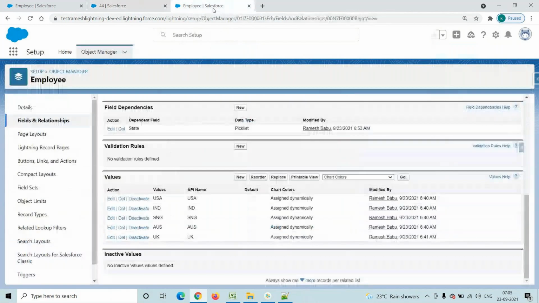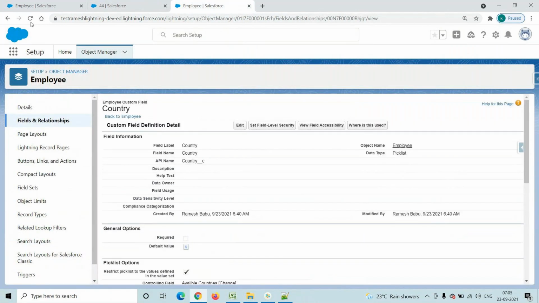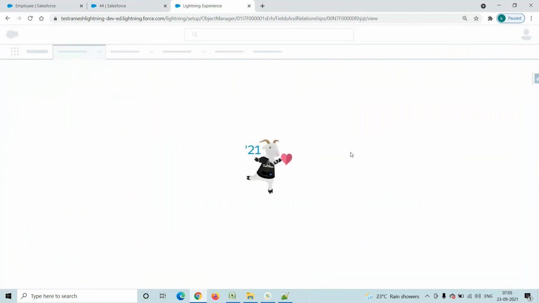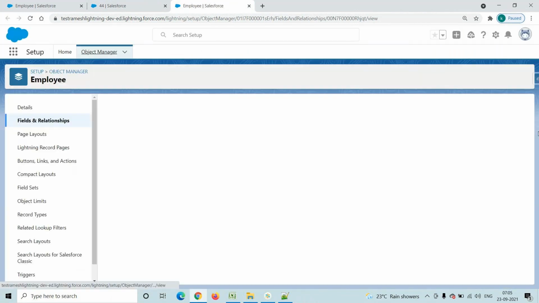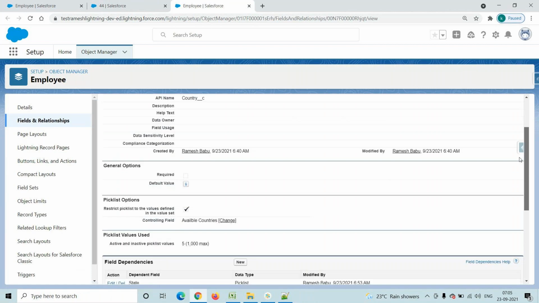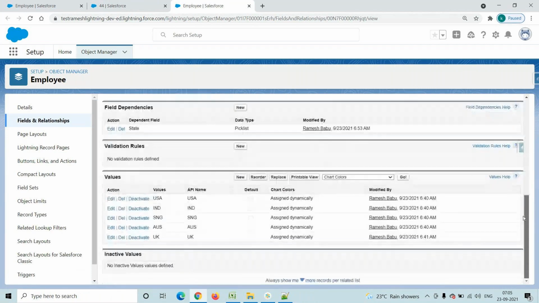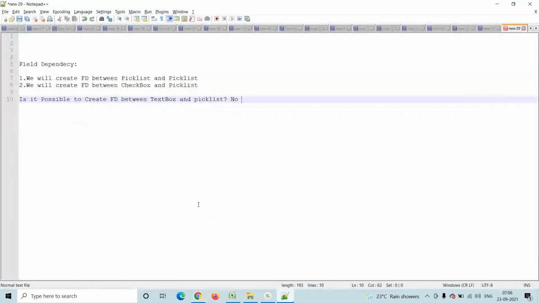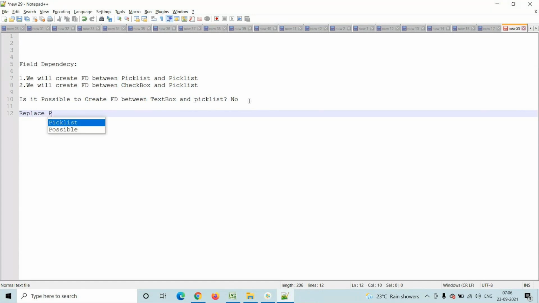Now go to the object level and then the field level. Now my client is asking, boss, while creating the country field you added the pick list value as USA, right? Now we want to replace USA with US. That is my requirement. This is a real time case only.